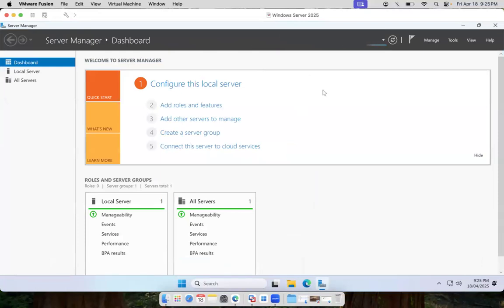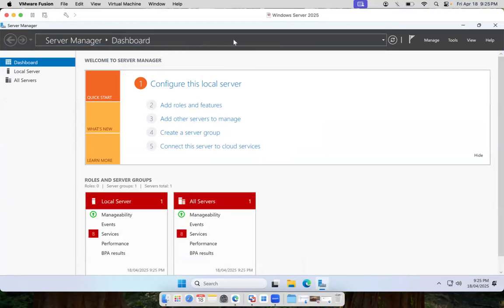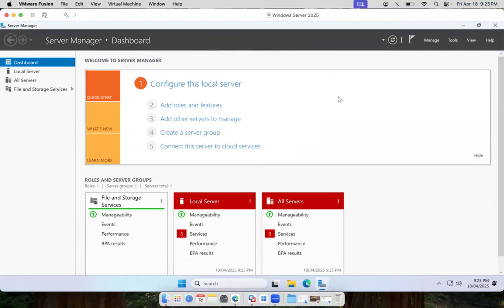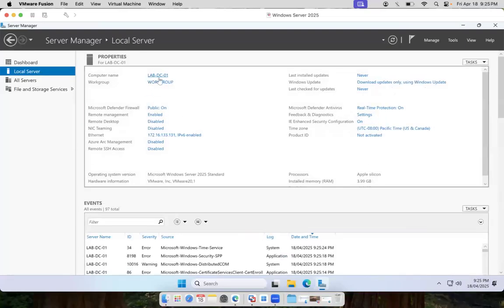Okay, one more thing while this is showing up. If you see the Windows dashboard, you see that it's loading. So it is recommended that you give Windows Server enough time to load properly before you make any changes. Okay, so let's go back to the local server and see, yeah, the name of the computer has changed to lab.tc-01. Again, this is the manual IP now,